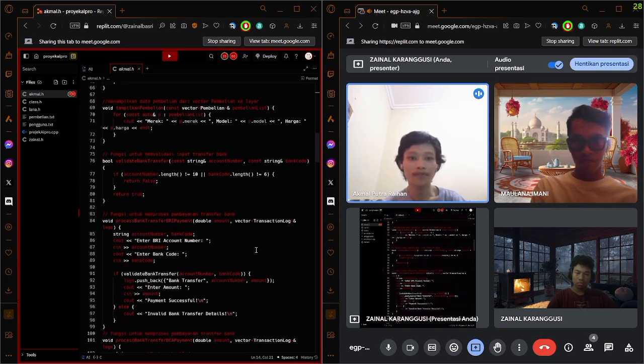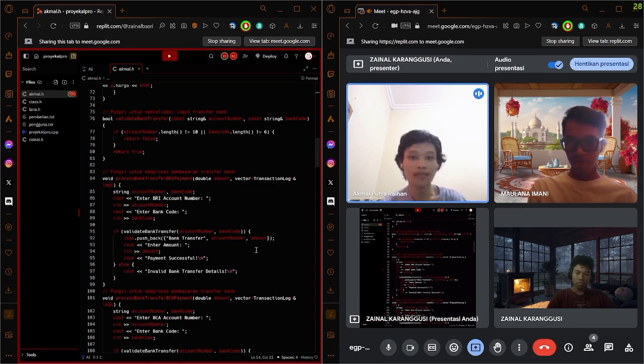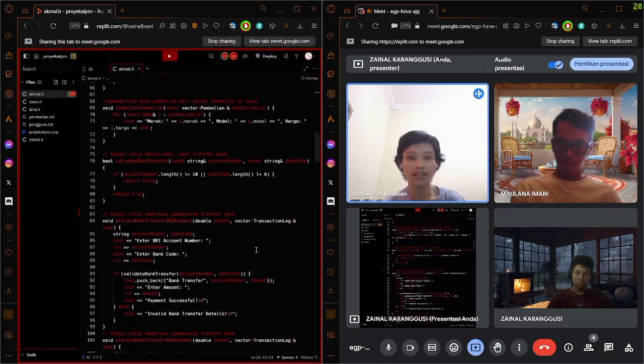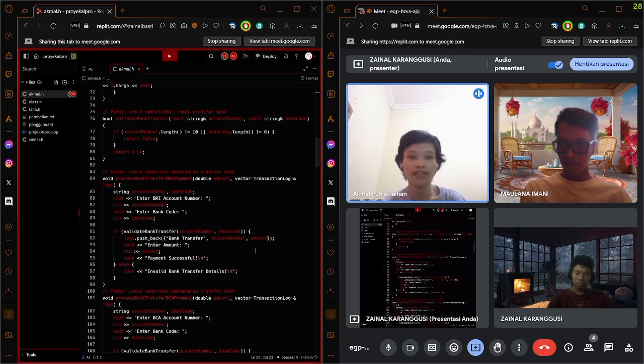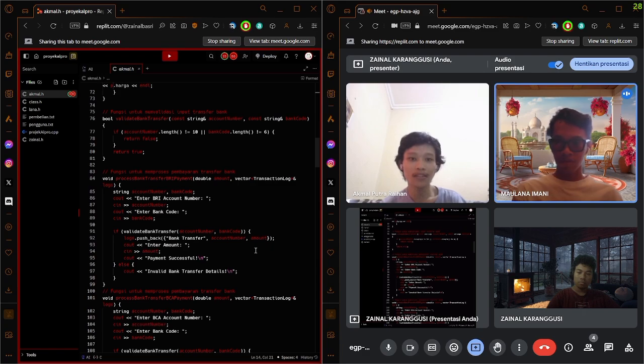Void show model menu. This function displays a menu of models for a selected brand and allows the user to add a model to the cart. Void menu. This function displays a menu of brands for a selected type of part and calls show model menu to select a model. Void lihat. This function reads, sorts, and displays a report of purchases.